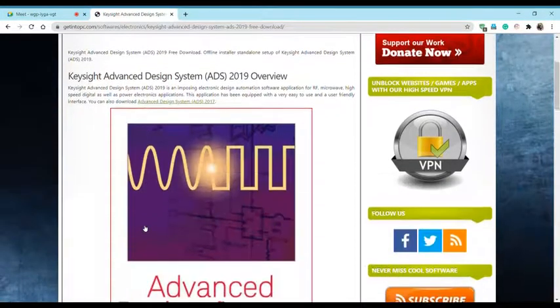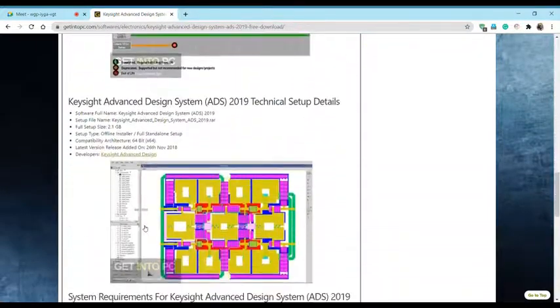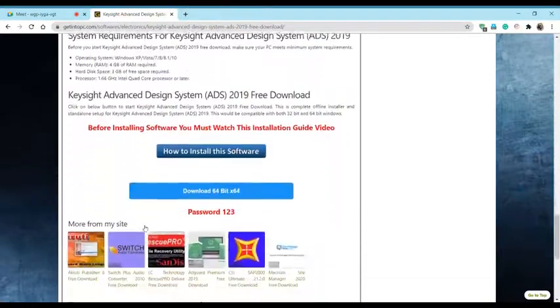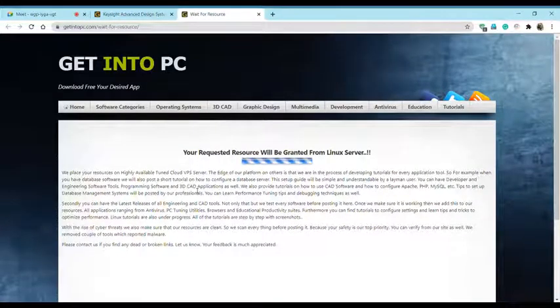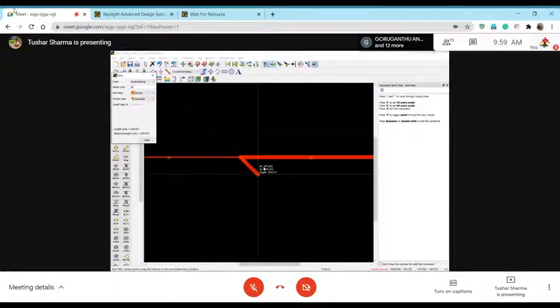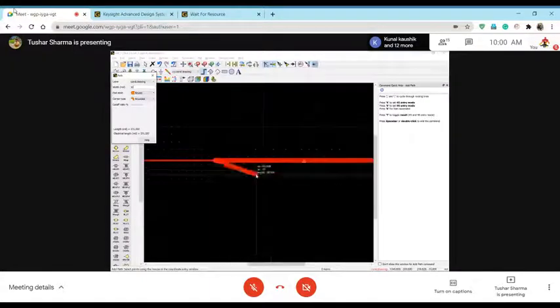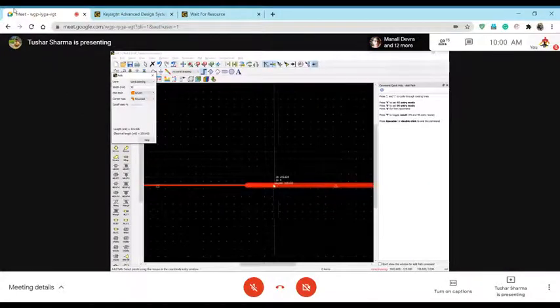So let me fix the width. So width of this line is how much? Let me measure it. 30, right? So what I can do, I go from here, I change this to 30. I will ask a question here. So say I start with this, I want to keep the total length of this line. How much was it? It was 1164. Okay. So I start from here.